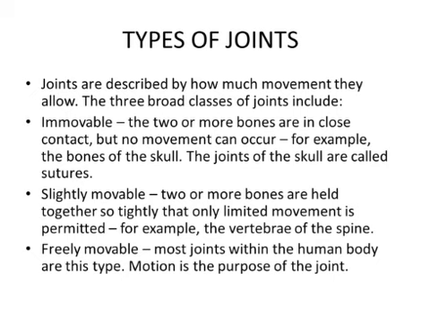Freely movable joints are like your hip joint, shoulder joint, knee joint, and elbow joint. These are the freely movable joints. So our movements, like running, jumping, skipping, and walking, are all due to these freely movable joints. Earlier, whatever examples of joints we had learned were freely movable joints.